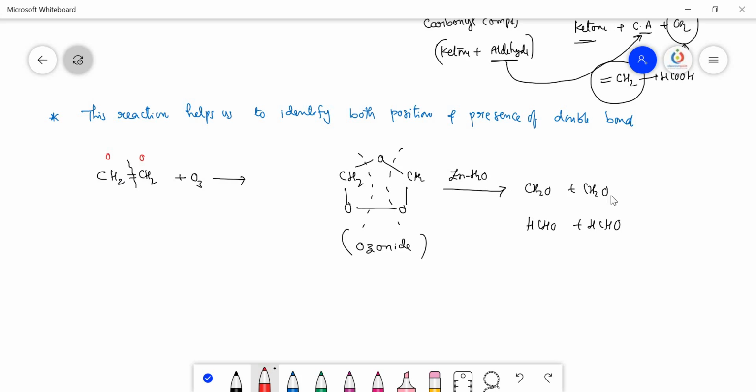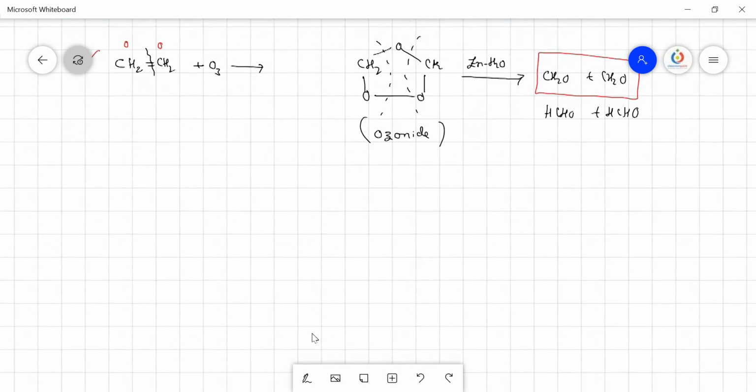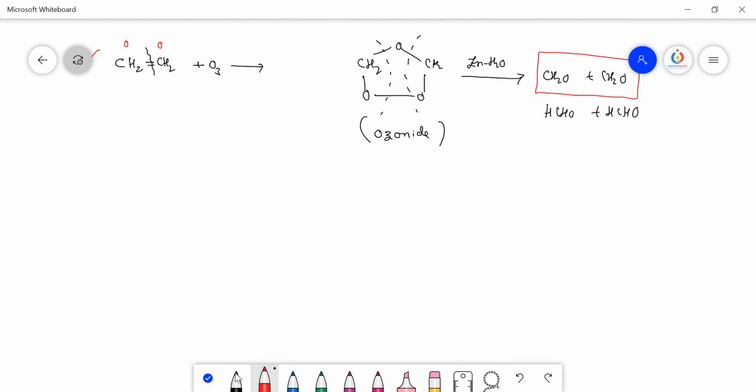Sometimes they give the products like this, and they ask from what type of alkene these two products are formed. In such cases, you just remove these two oxygens and join these two parts by a double bond, and you will get the alkene. So we shall see some of the examples. The first example is,